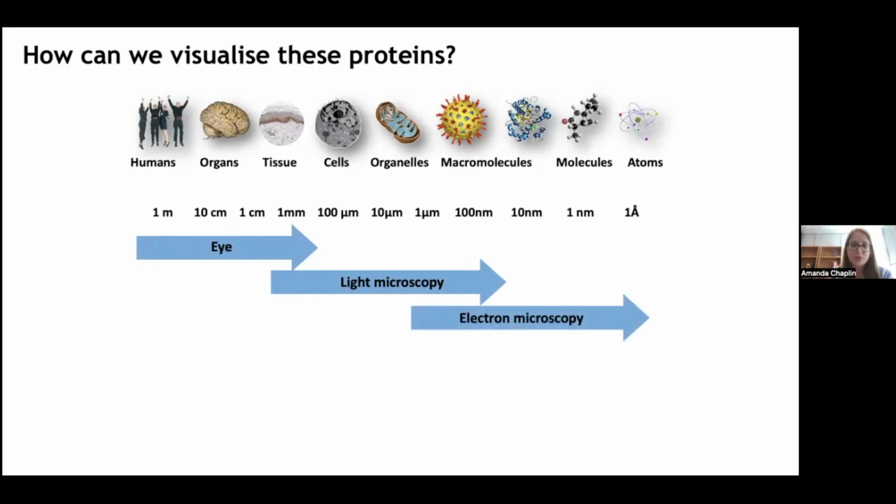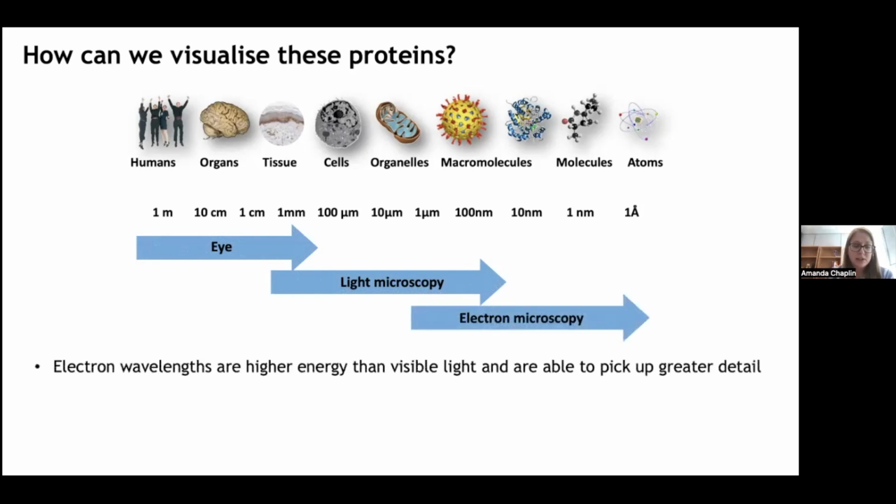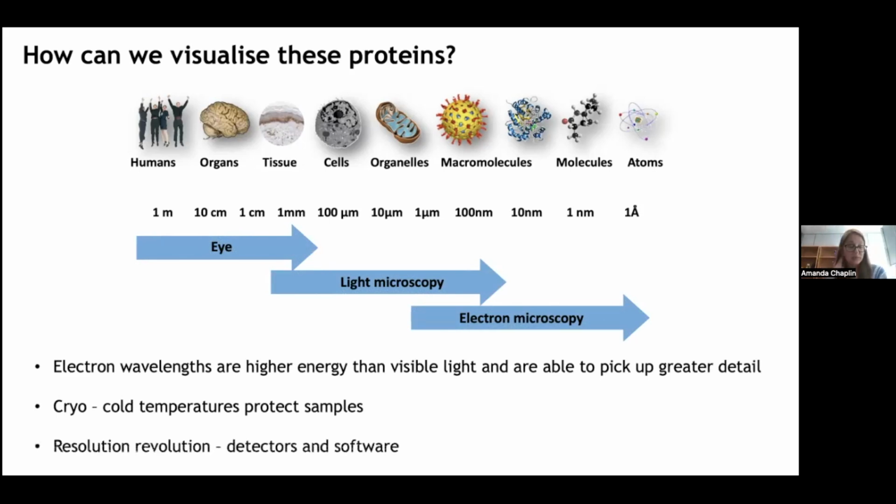And so that's where electron microscopy comes from. It's because the electron wavelengths are higher energy than visible light, so it's able to get this more detail, this better detail of these proteins and complexes. The cryo element of the cryo-EM is because of it being cold, it protects your samples. And the resolution revolution in cryo-EM around 2014 was due to better detectors and better software, so we're able to process our data and attain higher resolution images and be able to see what our proteins